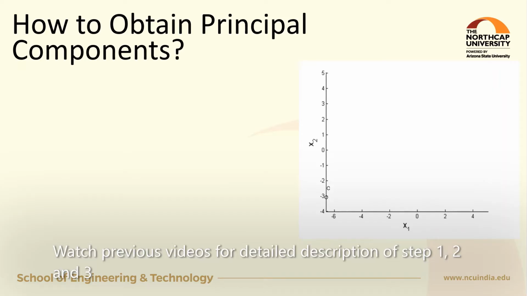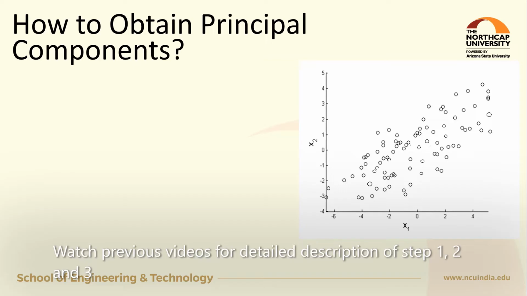Here comes the step-by-step procedure. The first 3 steps have already been explained in the previous videos, wherein I talked about the detailed mathematical analysis. Quickly, I'll summarize those 3 steps with the help of the same example, wherein the data was given between two features x1 and x2 as shown in the graph.